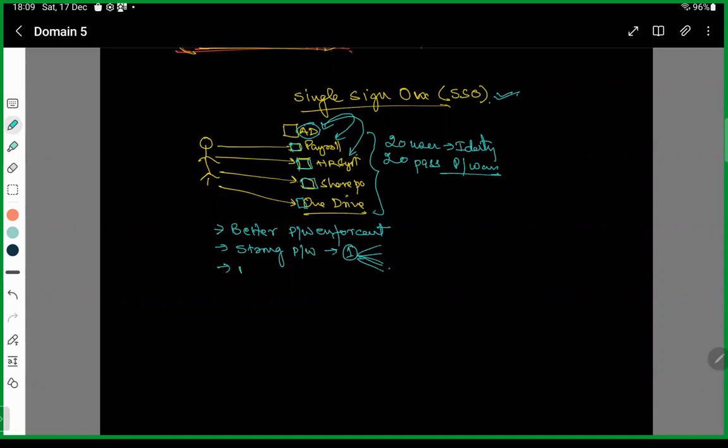There will be no repeated password. You don't have to repeat passwords for different things, right? You can enable MFA just for additional security, right? And all your passwords can be managed at a single, central place in a very efficient manner. So management is easy,